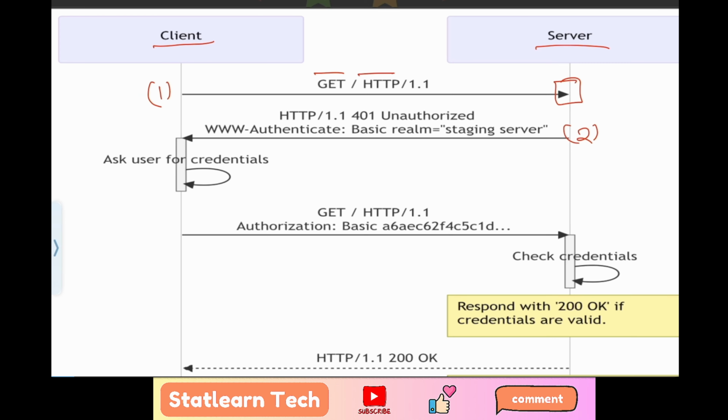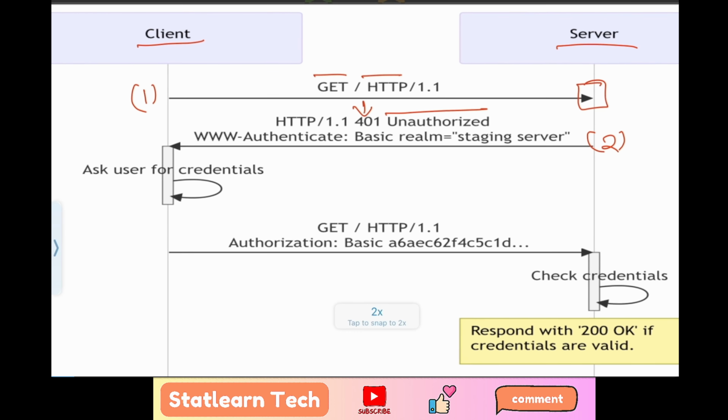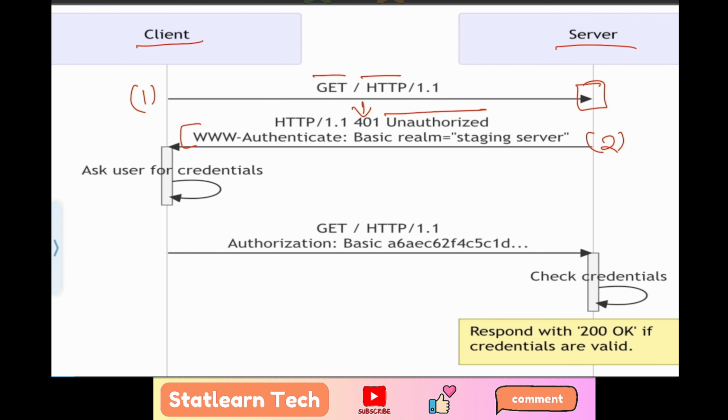So in the second step, the server has actually given a response, but this is not what the client was expecting. The client will have to understand this response and then again it can make a request with correct credentials. Now along with this 401 unauthorized response, the server has also responded with a header. It's a response header, and the key of the header is